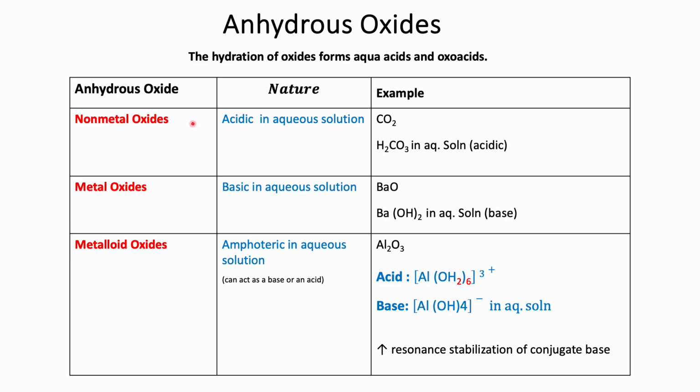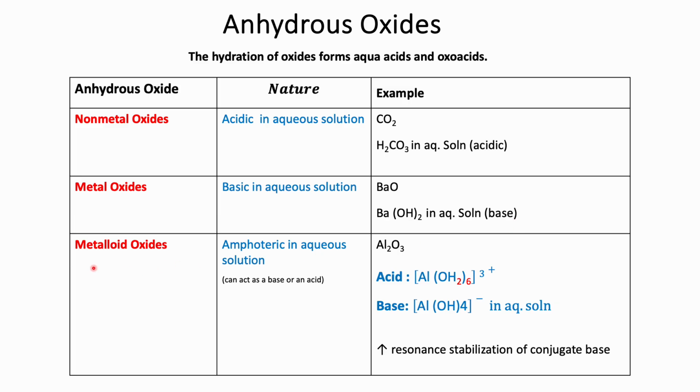The nature of this is your non-metal, diba, is acidic in aqueous solution, remember, from inorganic chemistry, right? So you have your carbon dioxide, no? In aqueous solution, it becomes your carbonic acid. Okay, remember that your carbonic acid is the primary source of your carbon dioxide in your blood system. This one is acidic. Your metal oxides, it becomes basic, no, in aqueous solution. So if you mix barium oxide and water, you would produce barium hydroxide. Okay, in aqueous solution, this would be a base.